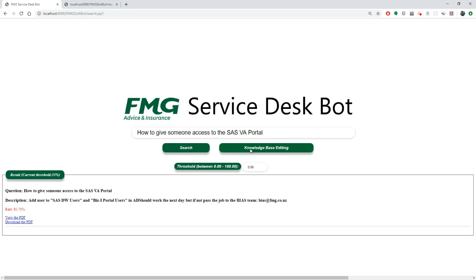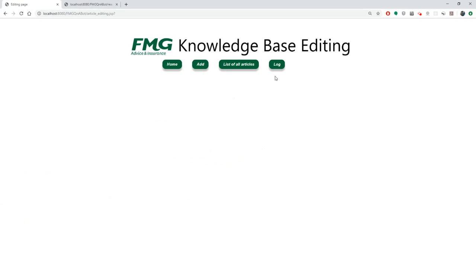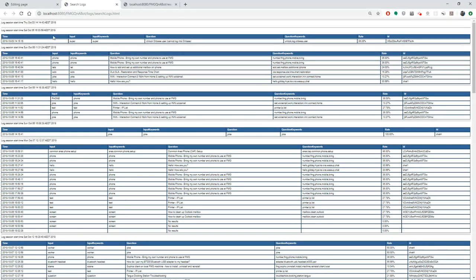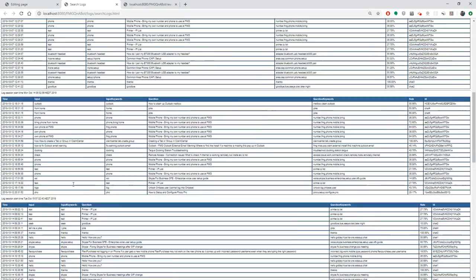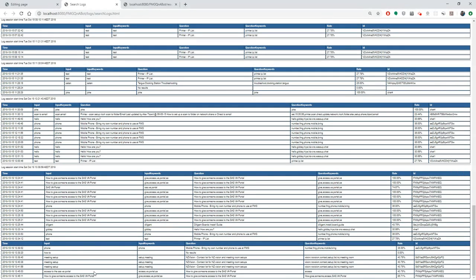And the way that they determine what searches might need to be improved is, apart from things that they discern themselves by looking at the articles or asking their own questions, they can look at a log which contains all questions that are asked as they are asked. So if we scroll down to the very bottom, you can see here are the logged questions that we just asked. So they get included with a timestamp